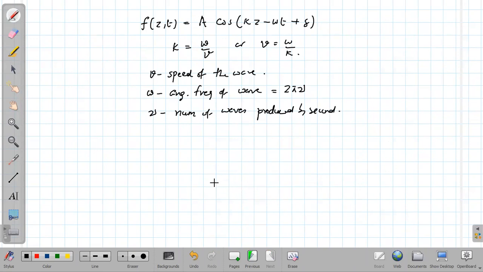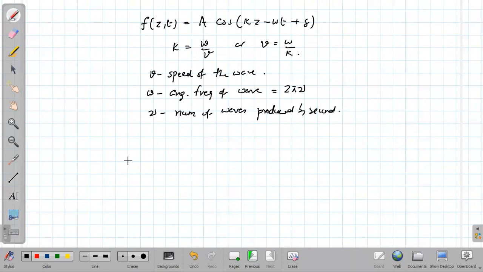So it is very logical, because the number of waves produced per second depends upon the number of oscillations. So how fast you oscillate the string, based on that you'll get the number of waves. If you're oscillating very slowly, we'll get very few waves. If you're oscillating very fast, we'll get more waves. So one oscillation produces one wave. Hence, in the context of oscillation, nu is the number of oscillations per second, but in the context of wave, nu is the number of waves produced per second.